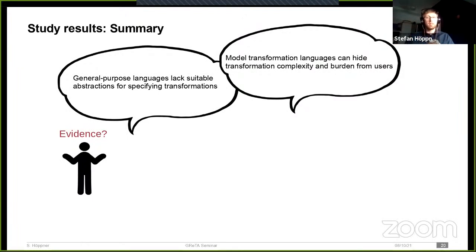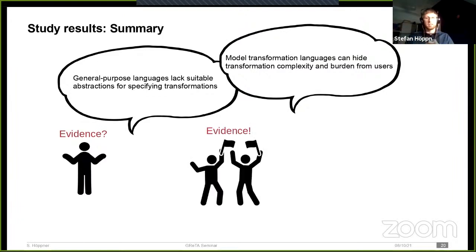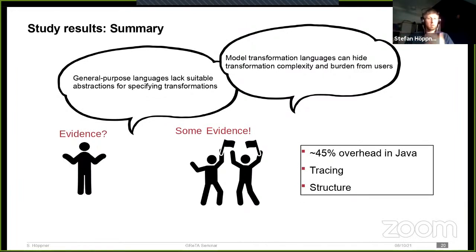Okay, so in summary, for this study, we set out to find evidence for this set of claims about how easy it is to express model transformations in a model transformation language, and we were able to find evidence thereof with some caveats, right? There are basically three points that I want you to take away from this. The first one is the complexity overhead in Java. We already saw that earlier.